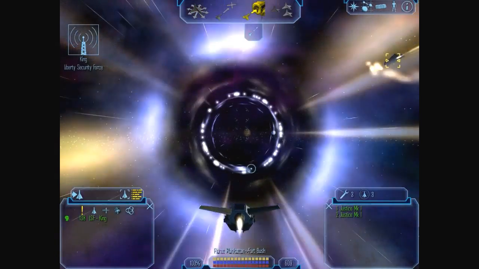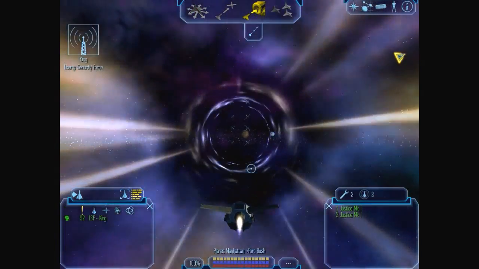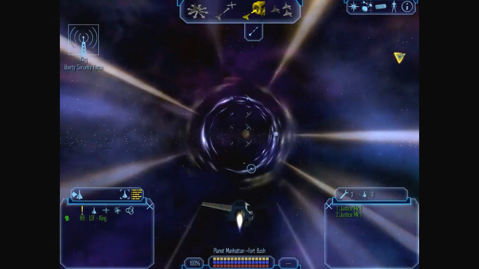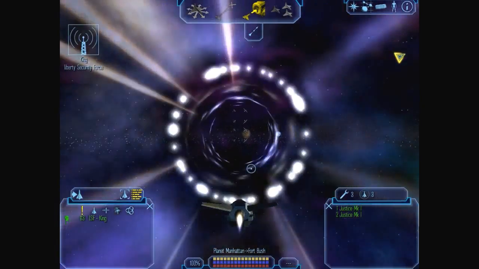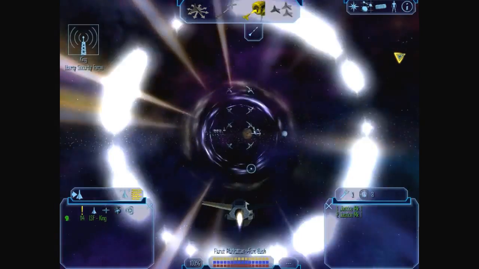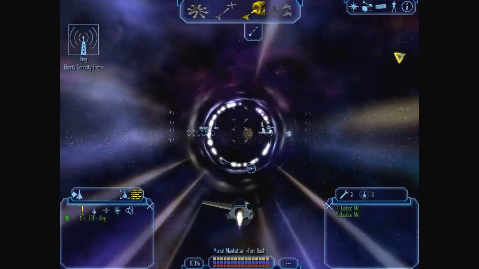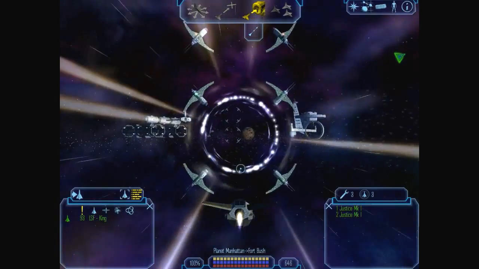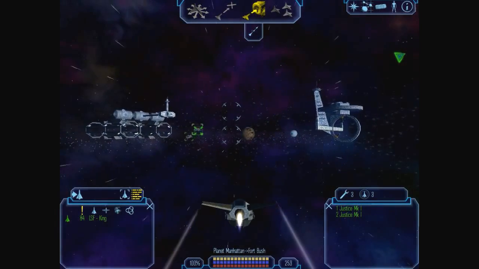Activation sequence completed. Lane jump initiated. This is it, Trent. This is one of the major arteries through Manhattan space. We're only taking it as far as Fort Bush. If we kept going, we'd reach the jump gate to the Colorado system. And it doesn't usually take this long to get into the trade lanes, but...